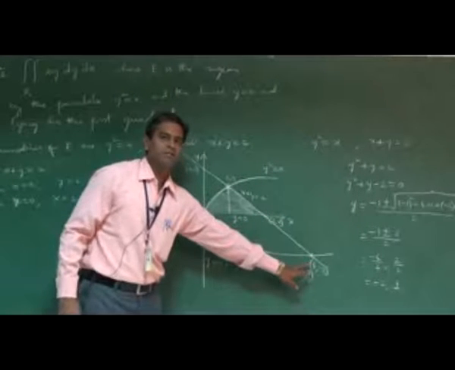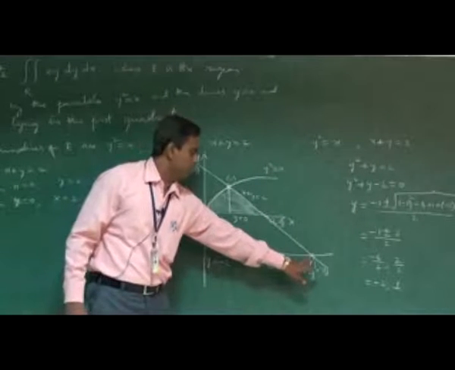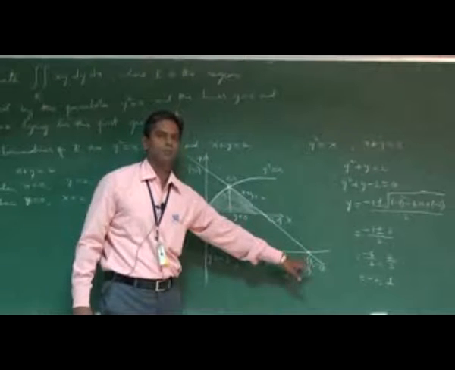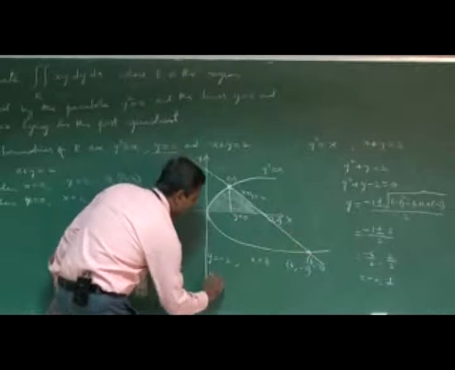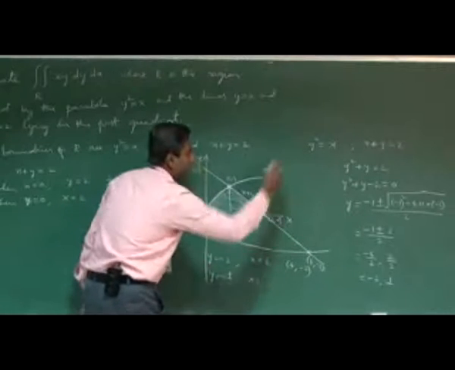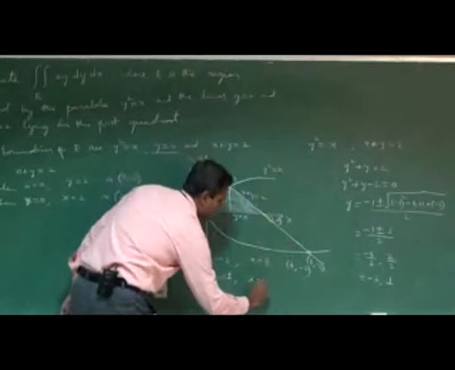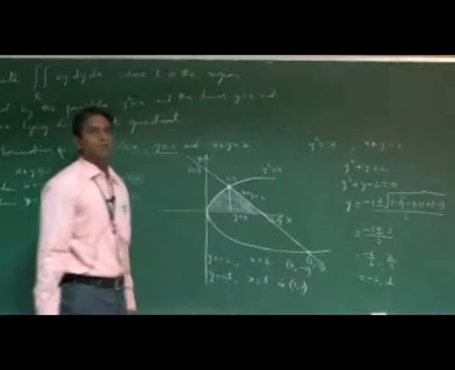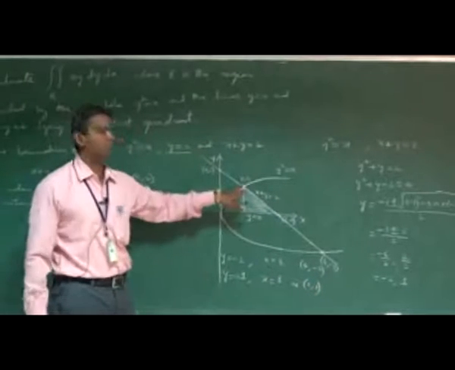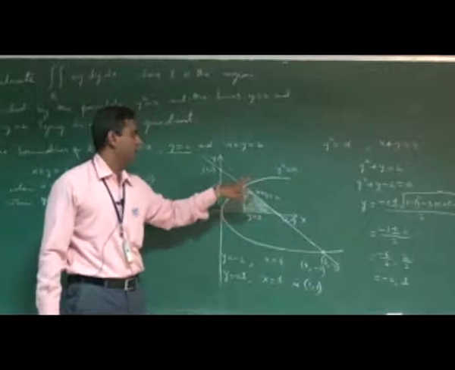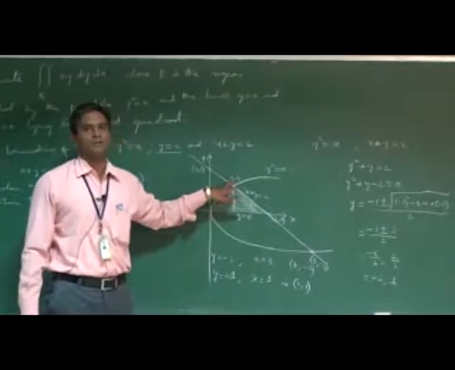Is the point included in the bounded region? No. So we do not take the point 4 comma minus 2, and then we take the other point. Here y equal to 1 plus 1, and you substitute in the first or second equation, whichever it is, that is x equal to 1. We have got 1 comma 1. So this point lies in the first quadrant. So the intersection of the line and the parabola, we fix the point 1 comma 1.